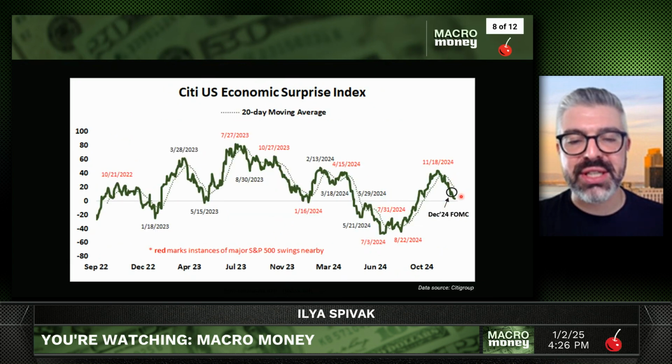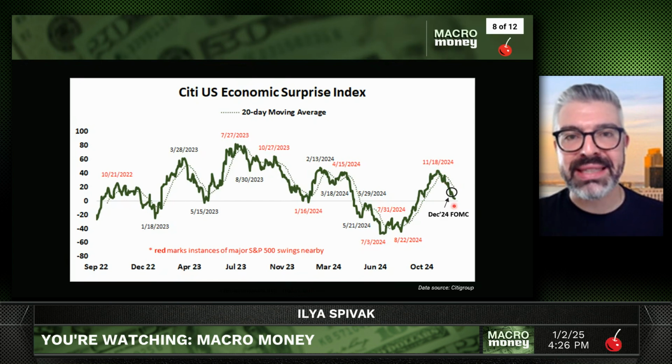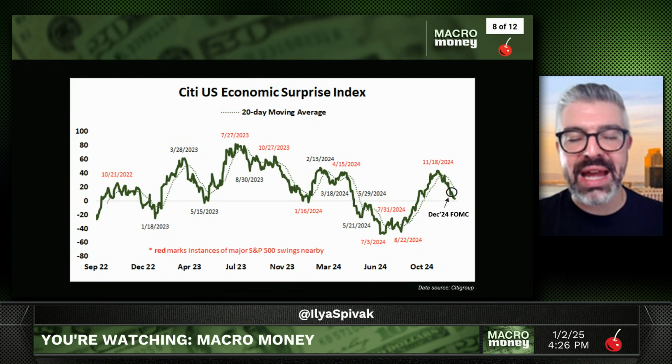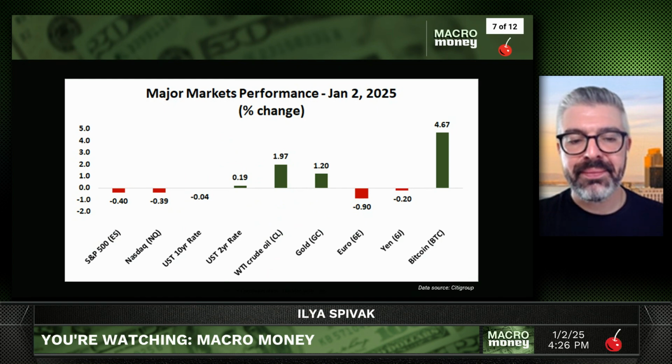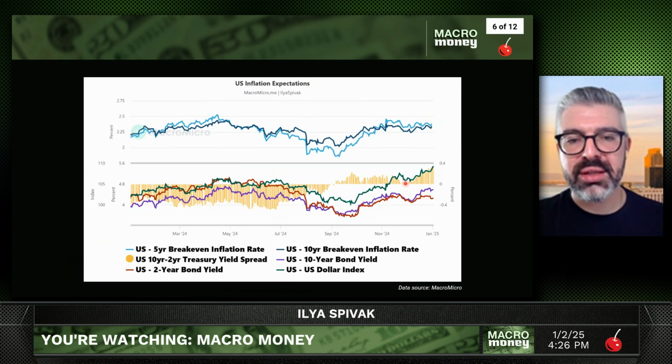But by the time the Fed catches up, the economy, again, in relative to expectations terms, is already cooling. The economic data outcomes that we're getting are already getting softer. And so maybe, as we've posited here, what we're looking at is a top in yields and a bottoming in bonds. So you can see here, you don't really get much of a change in inflation expectations today. You don't really get much of a move in the bonds. We saw that here. But it's the dollar that's surging.